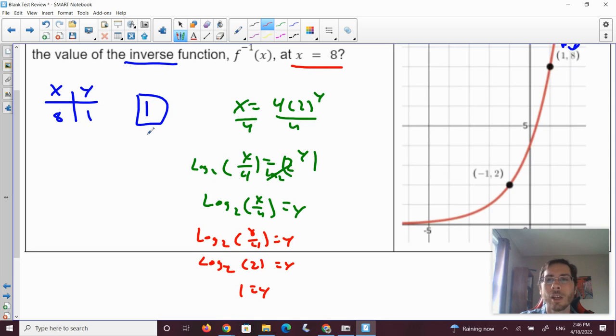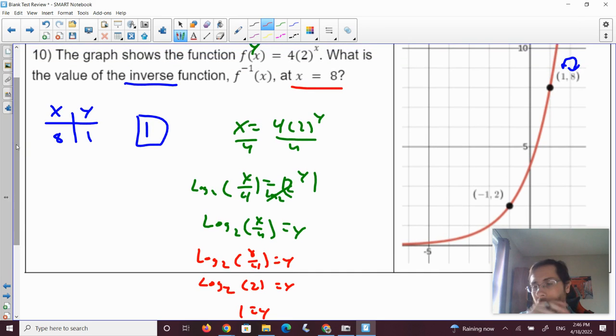So we can get it the same way. Again, they gave us the point on the graph specifically to shortcut it. But if you need to go the long way, that's the long way to do it. So that's how you can do it. The other way to do it,